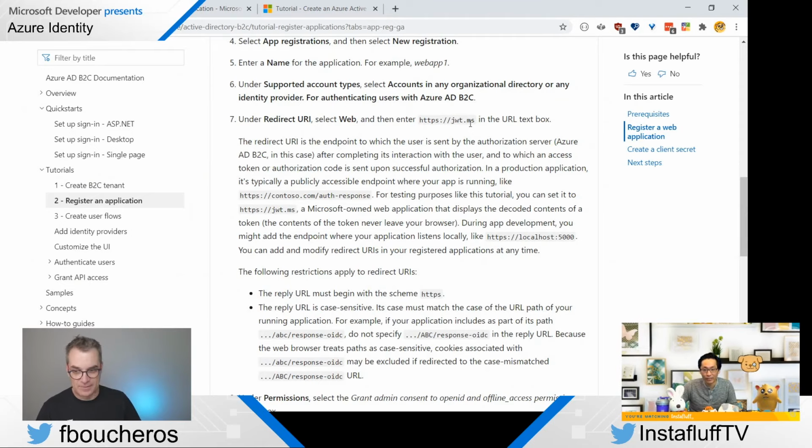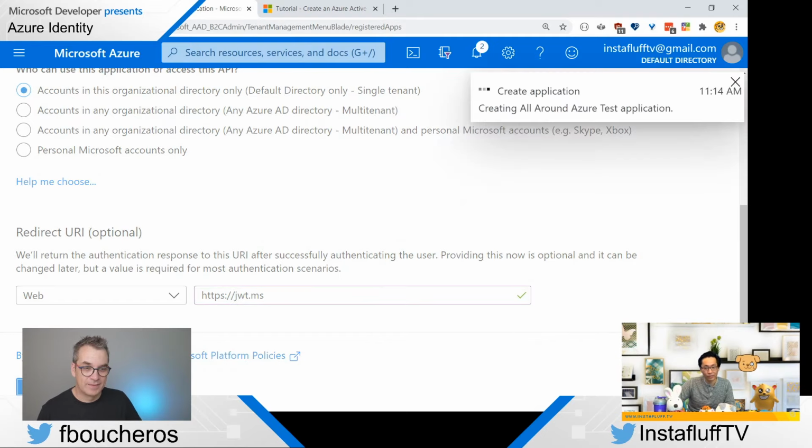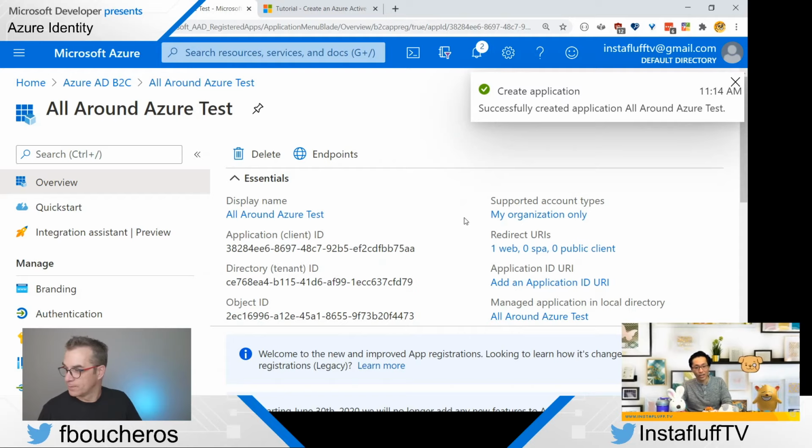Ooh, and then here we go. This is what we gotta do. This is a test redirect URL that lets you handle it for you. So like Azure will set this up for you, jwt.ms, and it's got the response, all this stuff. So we can set this in here for now, and that helps us test it out. So we register, and voila. This is the application ID and all this other stuff.